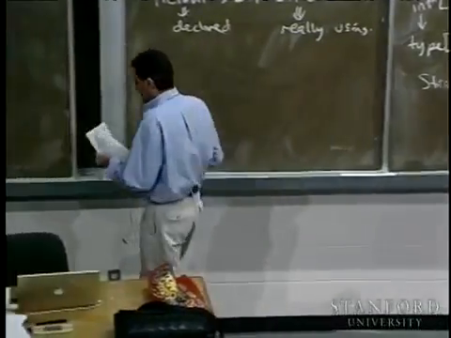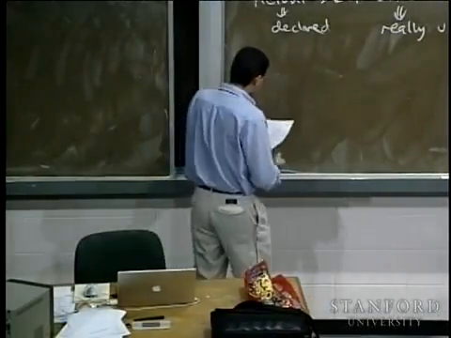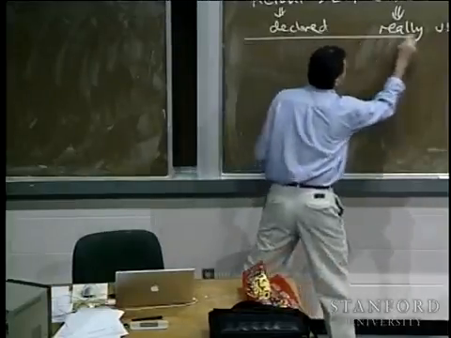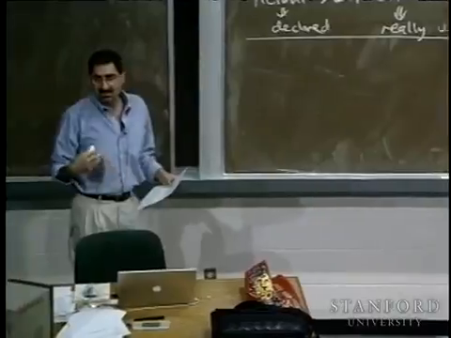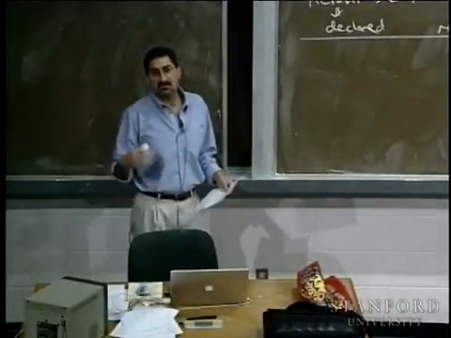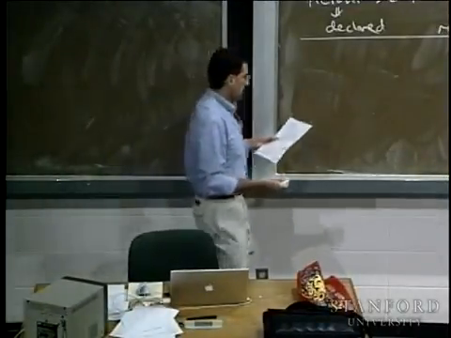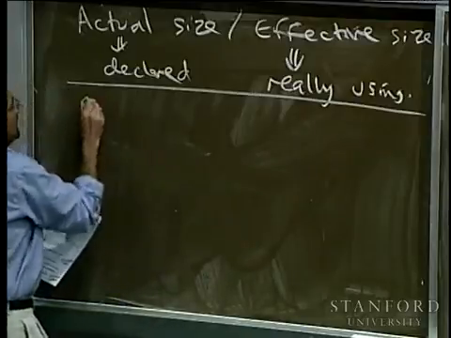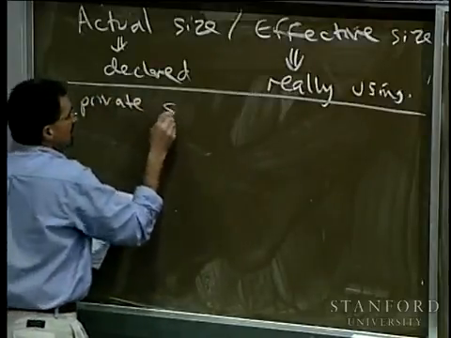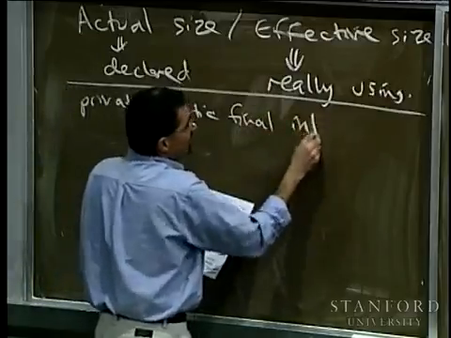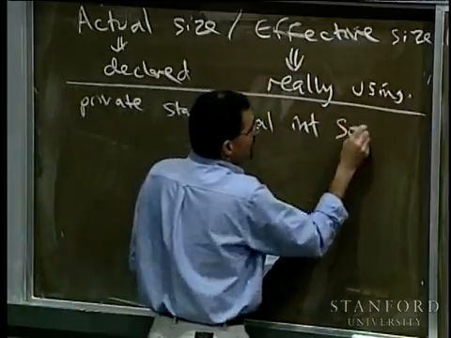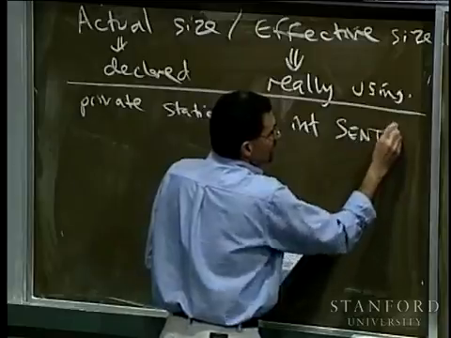So let's write a little program that actually does that. Oh, I think I can fit it all on this board. Let's try anyway. So what I'm going to do is write a program that basically asks the users to enter values until they give me some sentinel to stop. Okay? So my sentinel: private static final, and you have to say it kind of like you're singing a dirge, sentinel